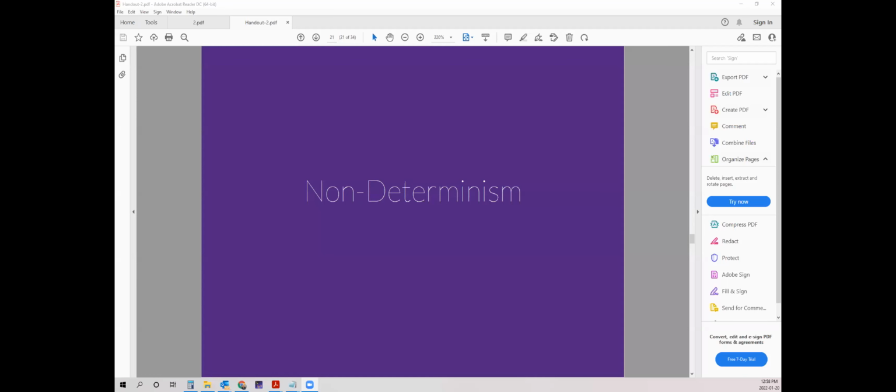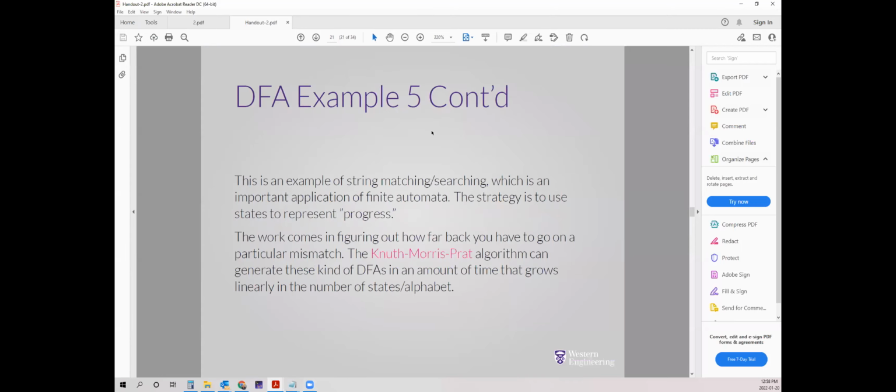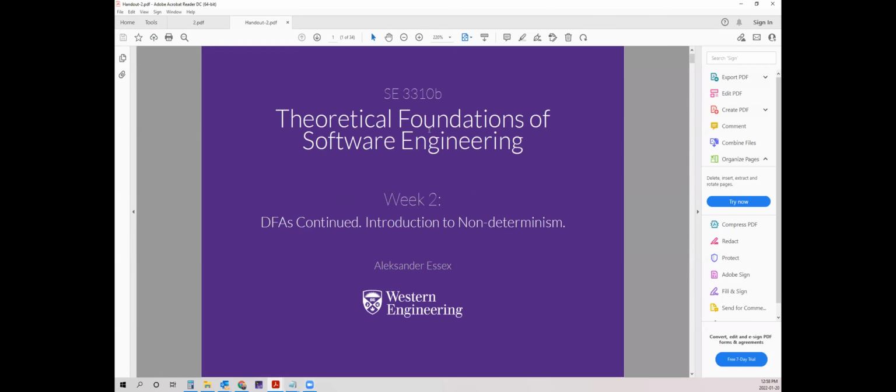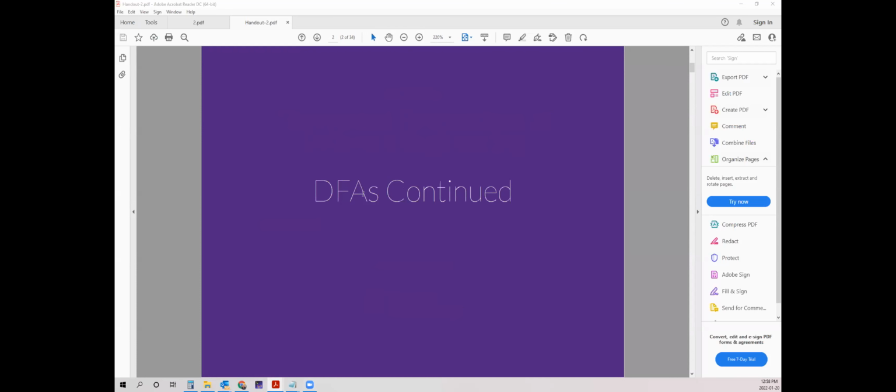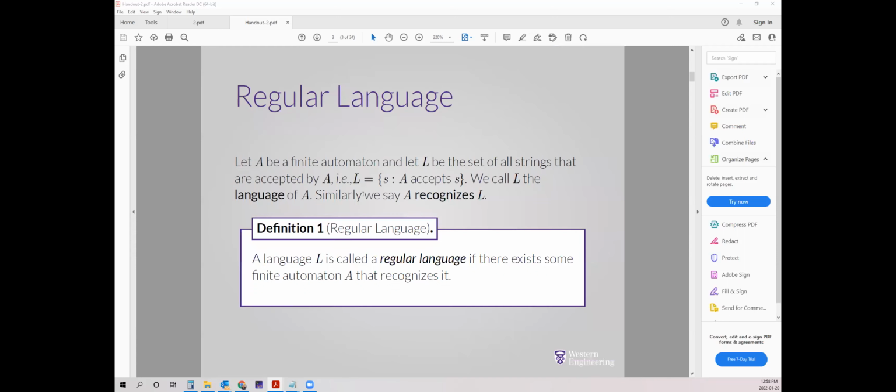We will start with handout 2, though we will not go through a lot of it. Let me share my screen. Can you see my screen right now, guys? This is week 2, which is deterministic finite automata. We'll not start with non-determinism. Thank you, guys, those who answered yes. We'll continue with the deterministic finite automata that we started